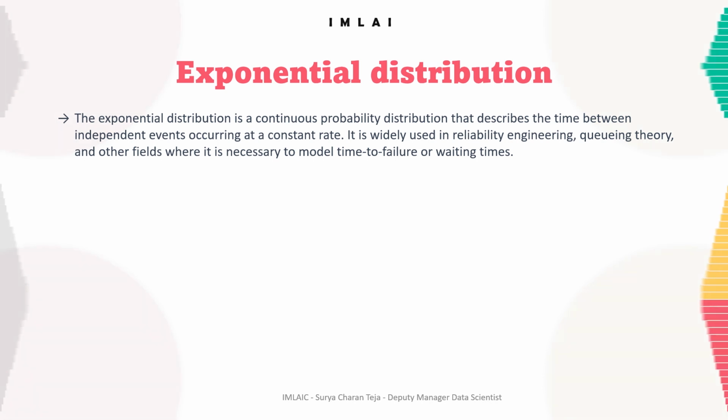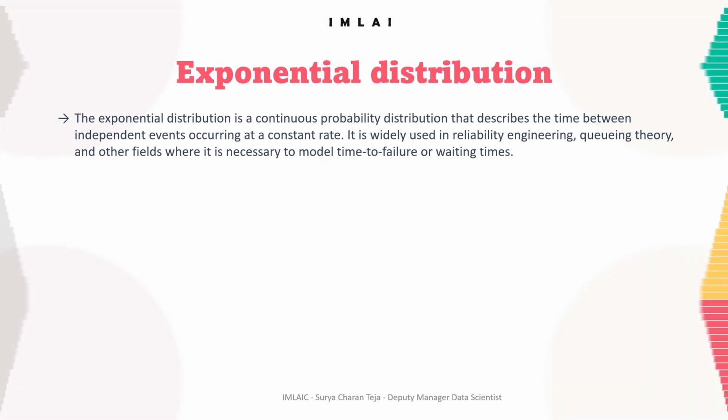For example, the time between visits to a website, or the time between cars arriving at a toll plaza. It is also used in engineering to model time to failure, and in process management to model, for example, the time required for a service call. So that's the exponential distribution. There is a slight difference, but that makes a huge difference when it comes to application in engineering. So again, I'm repeating,